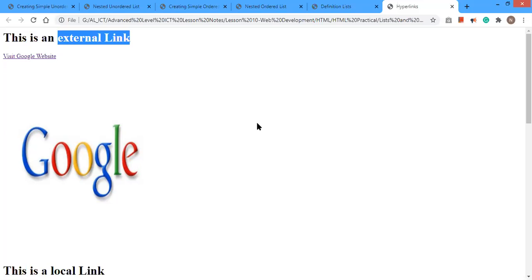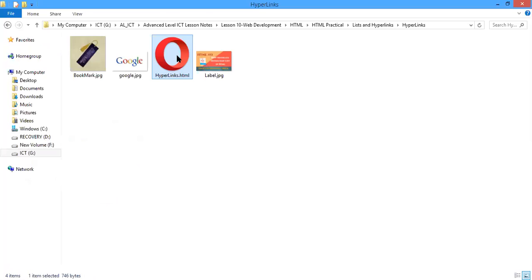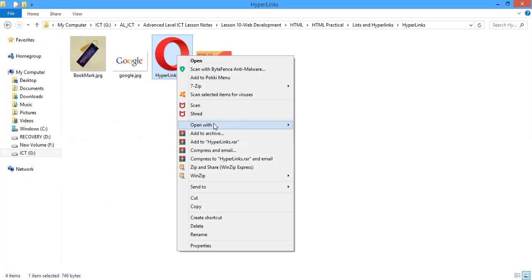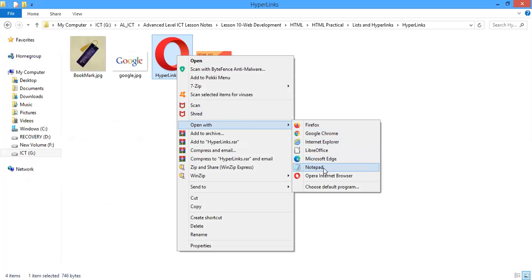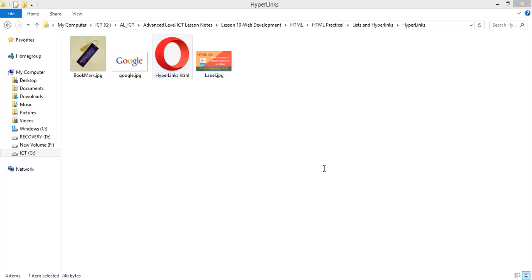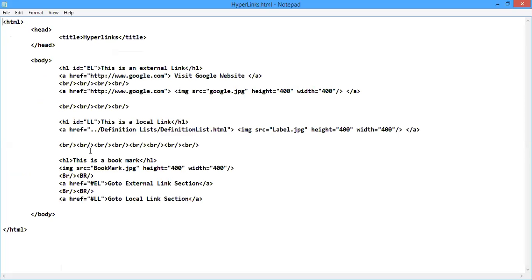Now we will move to the coding of this section and try to understand it. Here you can see the coding file.